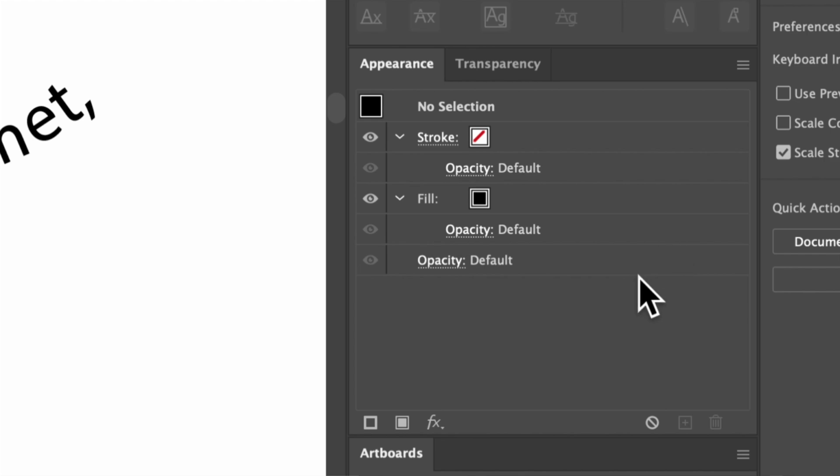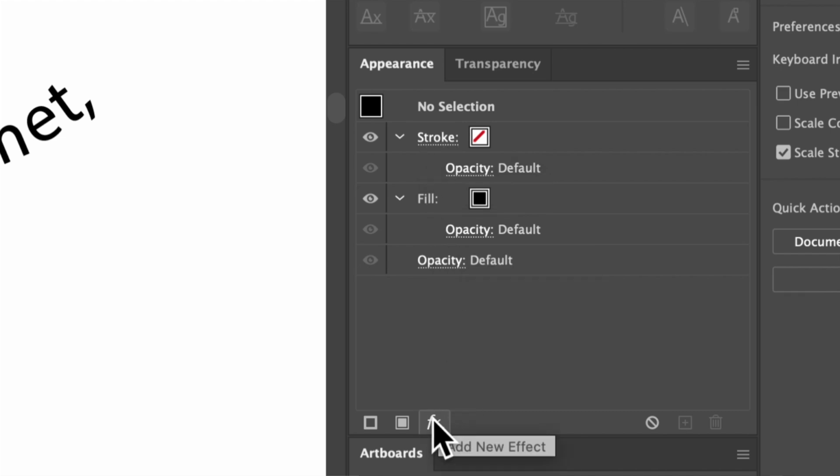And the appearance panel is kind of like the properties panel in that you can change the properties of your object, but it's a little bit more advanced because you can actually add new appearance effects, strokes, things like that, and then layer them so you can control exactly where different parts of your effects are. So you can see that you can add a stroke and a fill. So let's say you already put a stroke on your word, but you want to put another stroke on it. You can just add another stroke to it using the appearance panel.